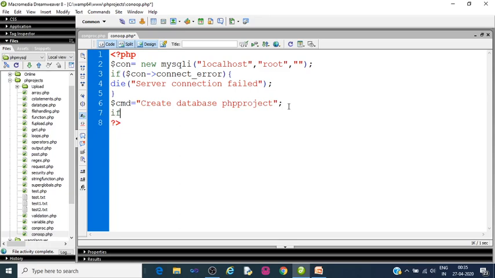So if $con query method is called with $cmd, if this method gets executed, then echo database created successfully, else echo error in creating database.